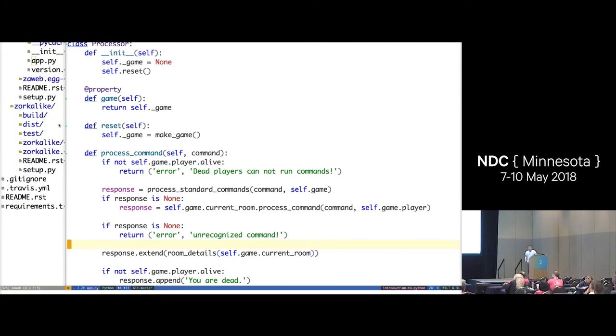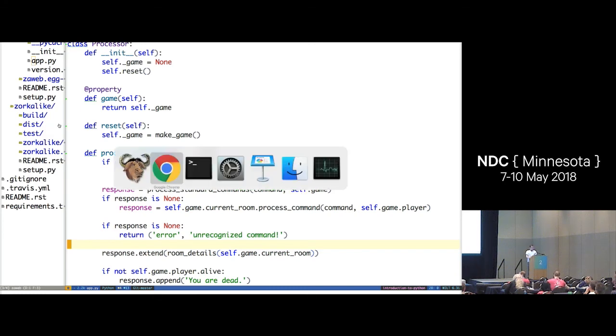We have about 8 minutes left, I think. Let me know if I'm wrong about that. I think that's right. I'm going to look at another